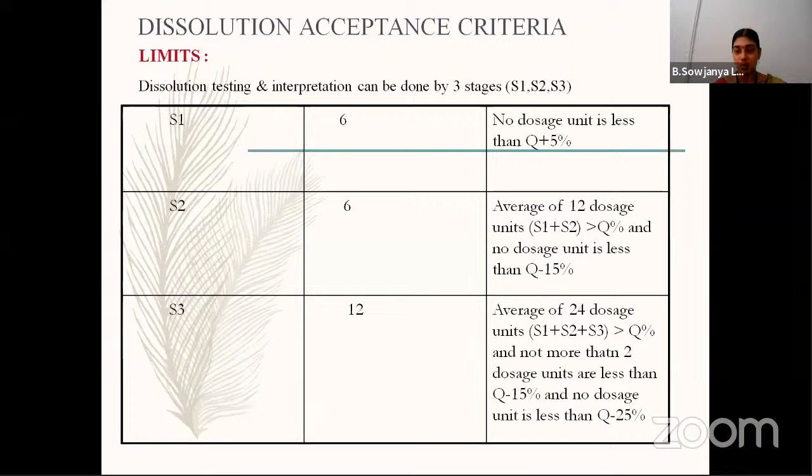In case of stage 2, if the first stage has failed, then go for another 6 tablets. So the total of 12 dosage units, S1 plus S2, should be not less than 85%, and the variation is to be determined here. The next one is